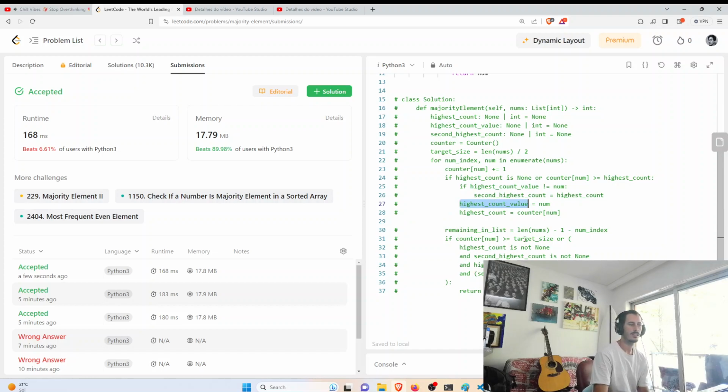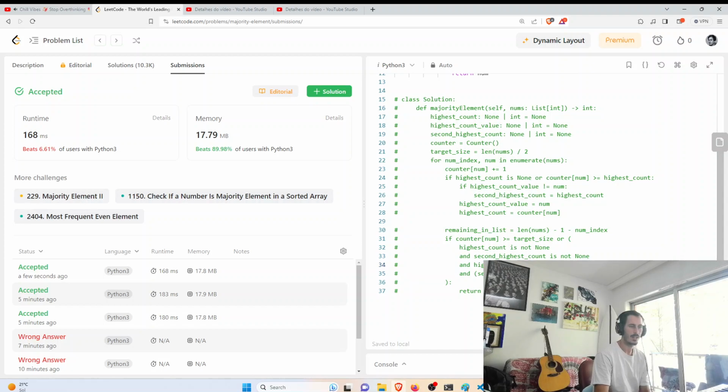And then, if count number bigger than target size, which is this over here, then we would just return none. Or highest count is not none, second highest count is not none, and highest count value is none. So we are at,